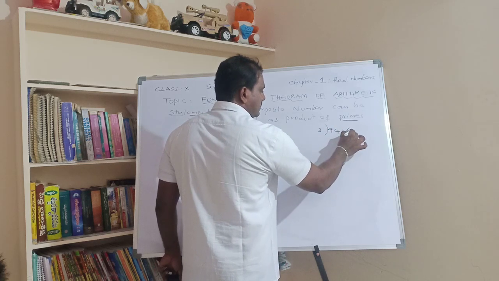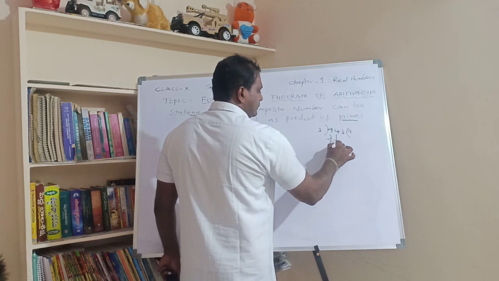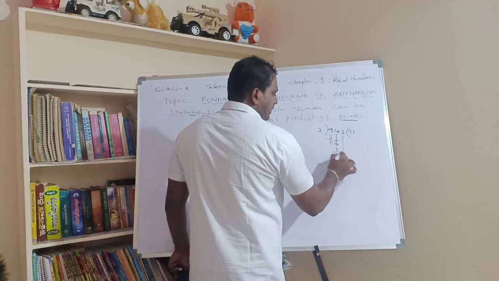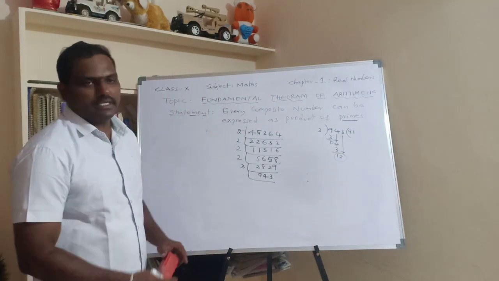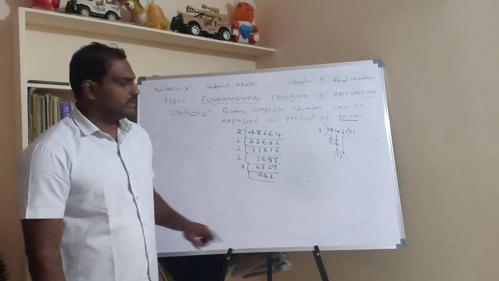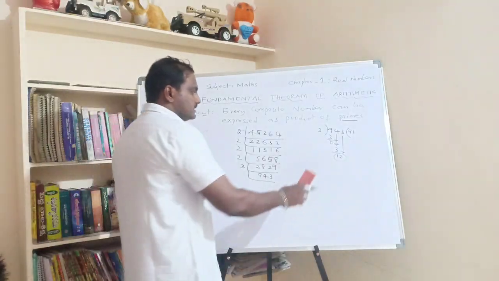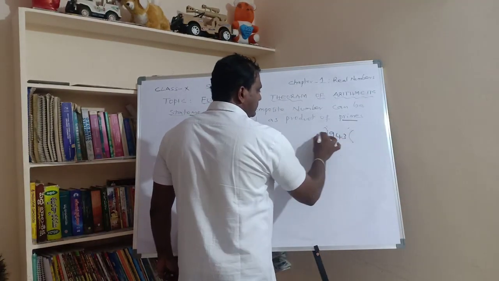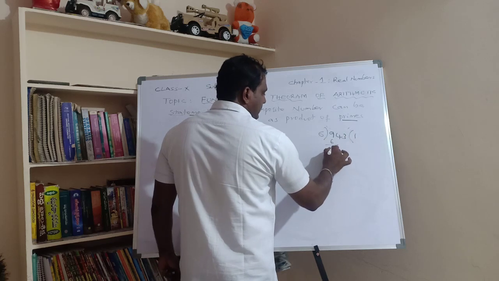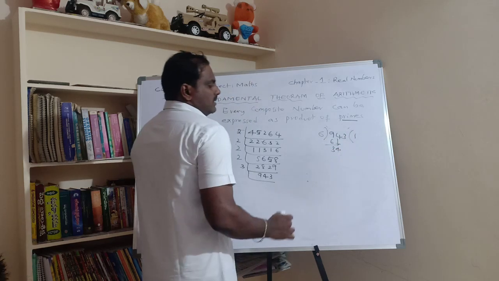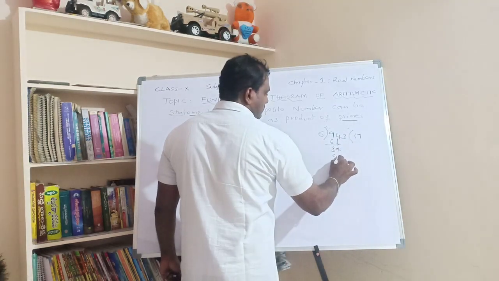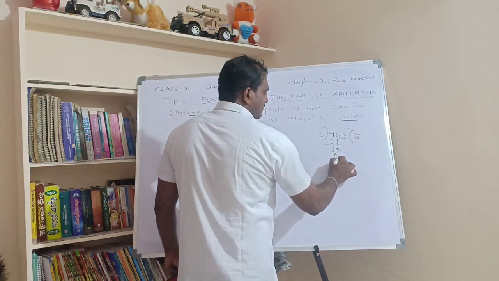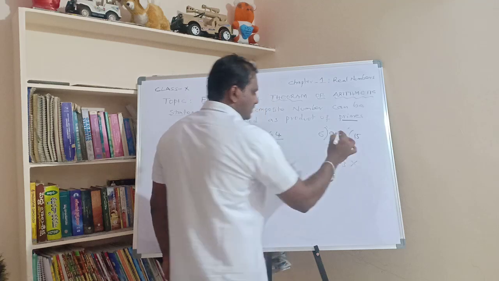3 3s are 9, remainder is 0. Bring down 4. 3 1s are 3, remainder is 1. It is 3. So 13 is not divisible. So if 3 is not there, then we have to check further. 4 is not possible, 5 is not possible. We can check 6. Let us check 6. 943 divided by 6. 6 1s are 6, remainder is 3, 34. 6 5s are 30, remainder is 4, 43. This also does not work.